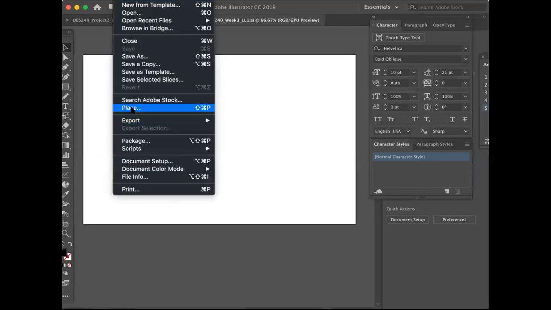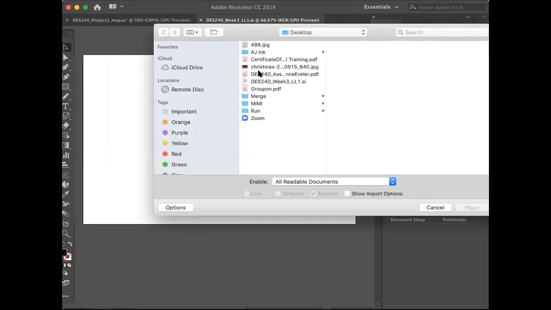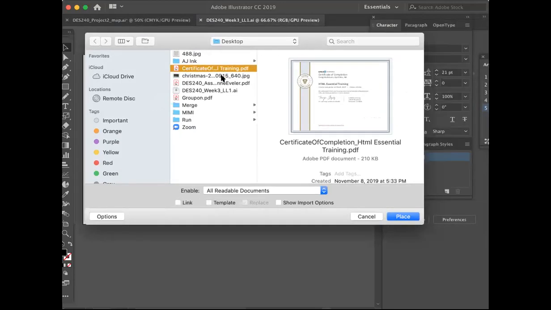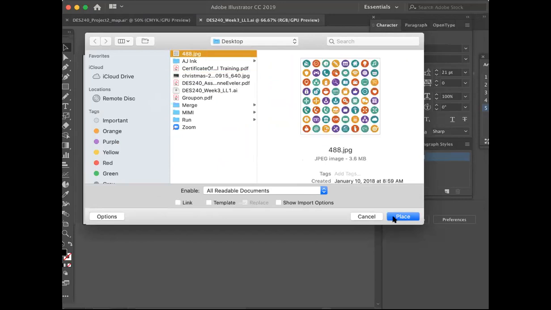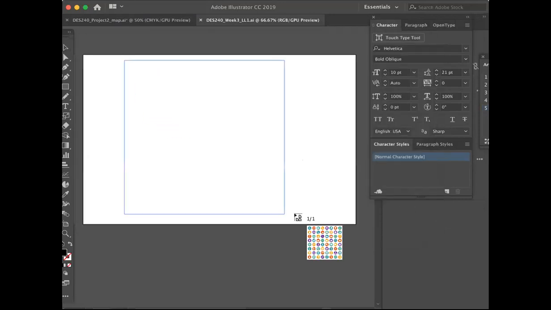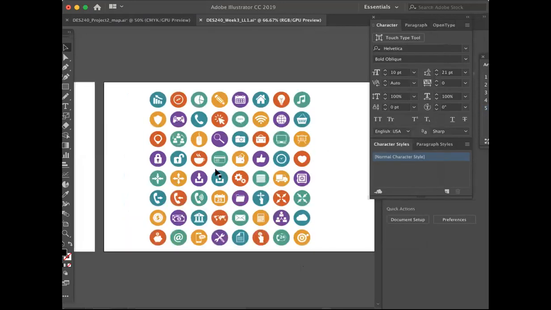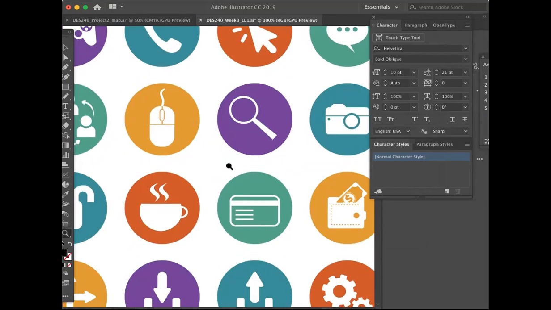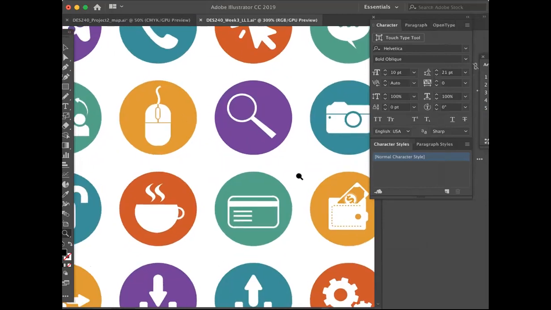Yep, so you can place icons in here. I'm gonna place the ones I just downloaded. They're JPEGs, so they're not working files. But I can at least take a look at the ones that I like. Here's the magnifying glass that I was looking for. So let's say if I wanted to do this one,